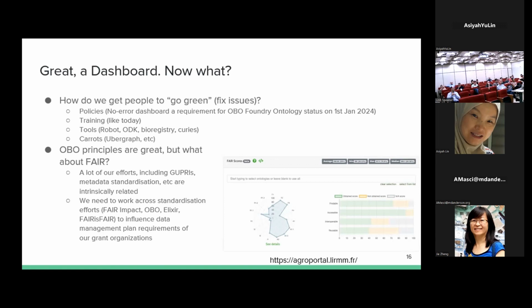It's not clear that they will be deleted. They might just get a separate section, like the "Here Be Dragons" area of the OBO Foundry, so to speak. But we also offer training. We have the tools like Robot, and we have carrots. I'm not sure what that means, but we're trying to engage people to want to do better rather than only policing that they do